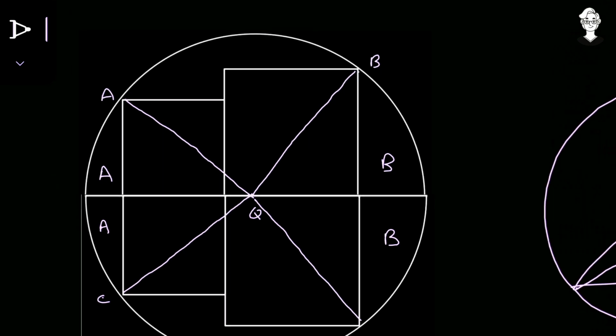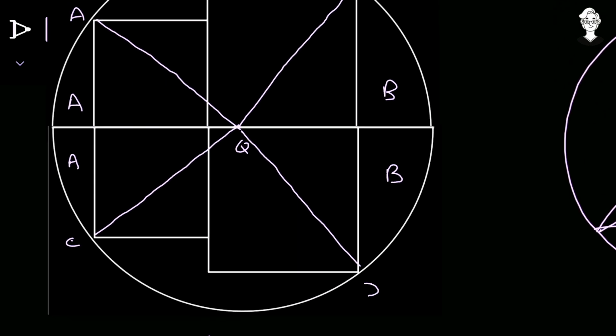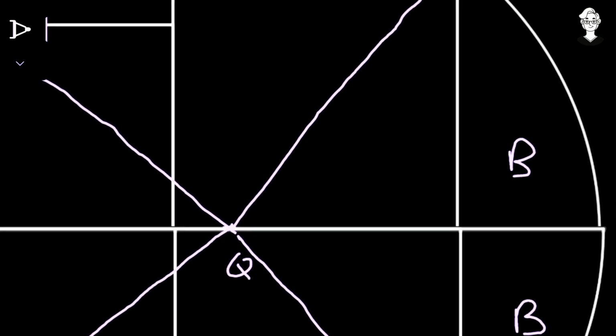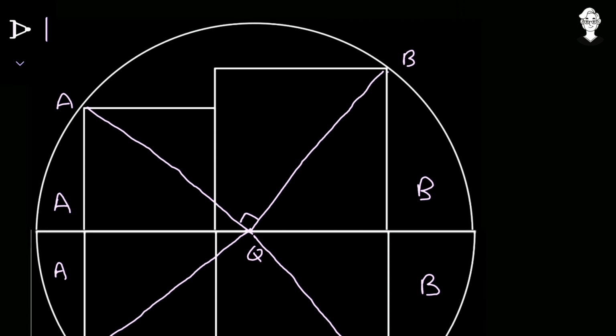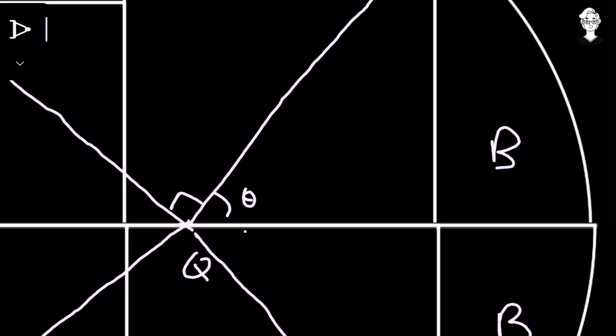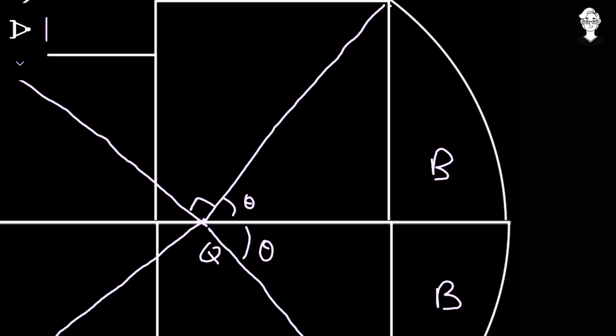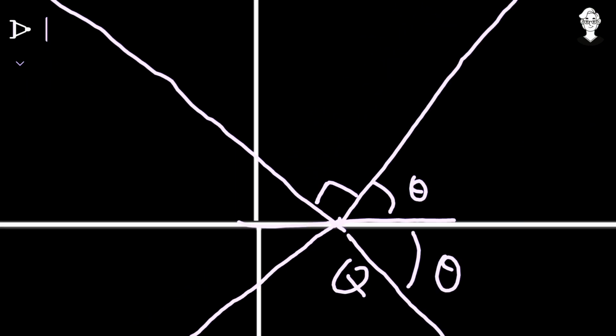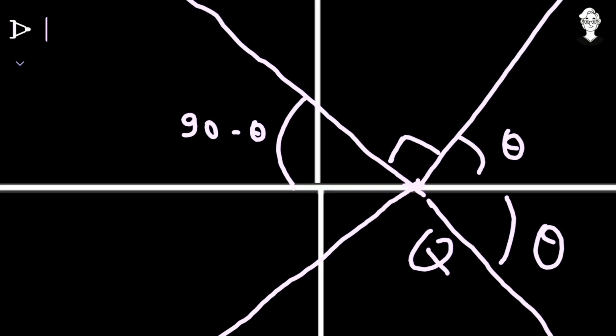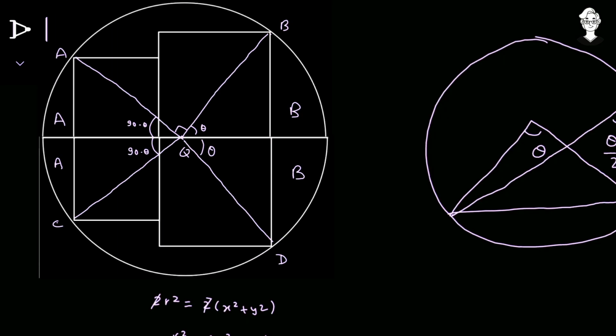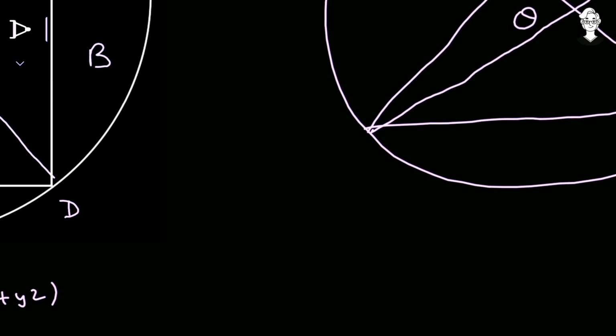Note that C, Q and B are not collinear, and A, Q and D are not collinear, and we don't require that. Now note that this angle was 90 degrees as we have found, and if I consider this angle as theta, this angle is also going to be equal to theta because we have just reflected that same diagram. Now we can see that the complete angle 180 degrees is equal to the sum of this plus 90 plus theta. So this particular angle becomes 180 minus 90 minus theta, that is 90 minus theta. If that is 90 minus theta, this is also going to be equal to 90 minus theta. Okay, so now let us apply the area of segment to find the value of 2 times a and 2 times b. We will start with 2 times b. So 2 times b forms that complete segment, so we will write 2 times b, and that is equal to the segment.